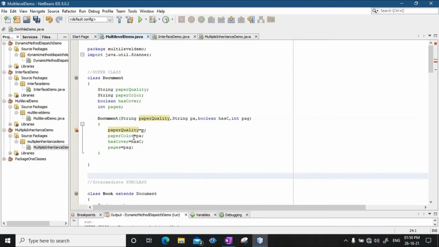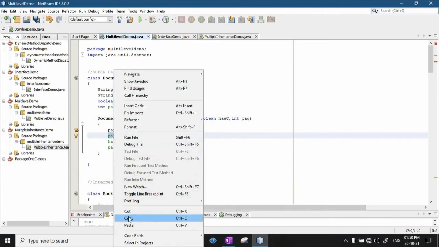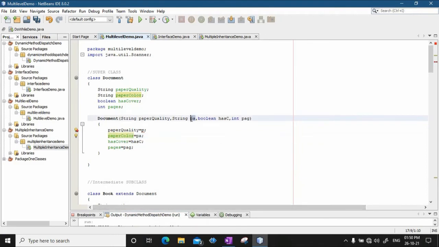Similarly, instead of PA, I wrote paper color. Instead of HC, there is no readability, we don't understand what is HC. For better readability, I wanted to keep the same name, so now you understand that this parameter is the has cover parameter, and again for PAG I wanted to keep the same name, pages.